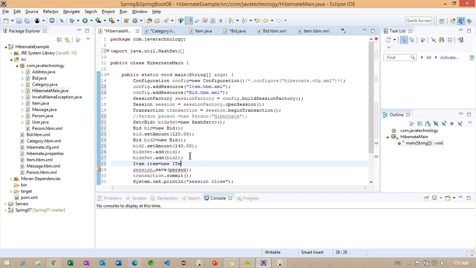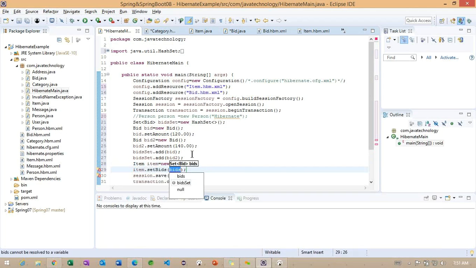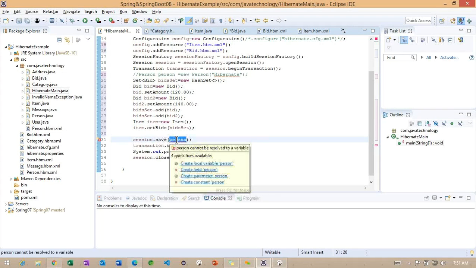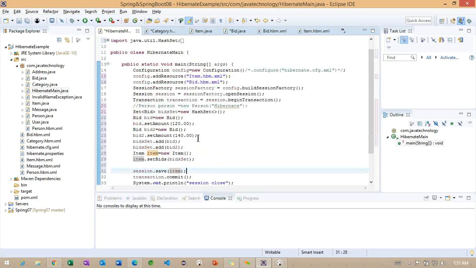Once we add, I want to create item. Item is equal to new Item. item.setBids. Here I'm trying to set these particular bid records, and later session.save(item). session.save(item).